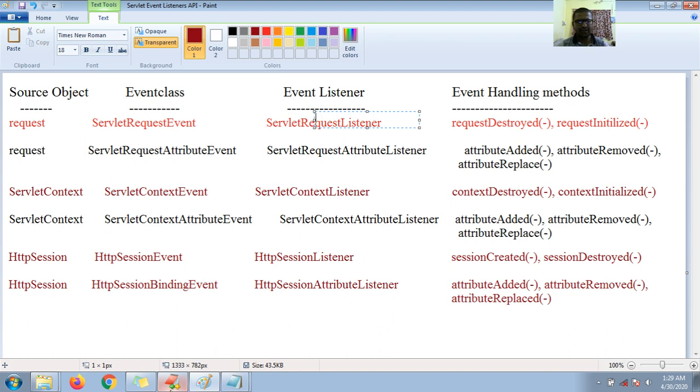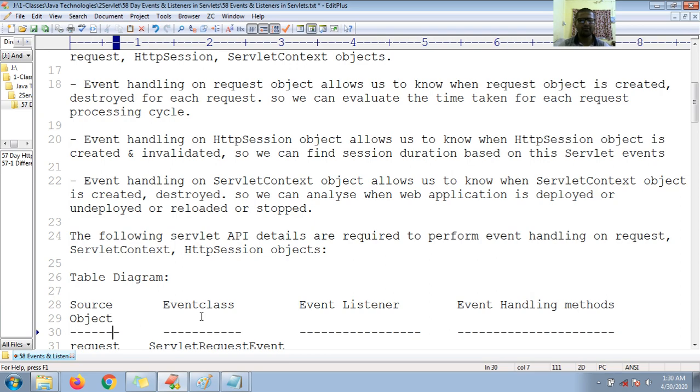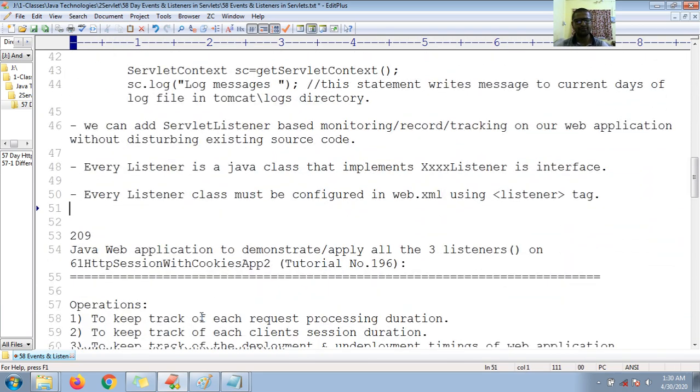So we'll create this Java web application with all three listeners. Let me write here the listener names.